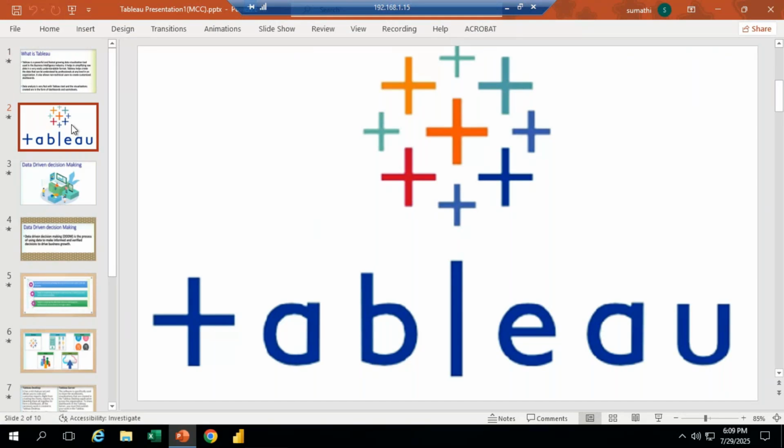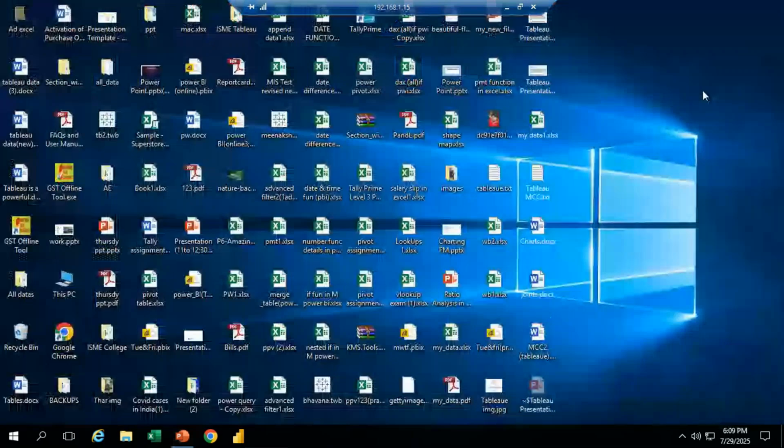We have one website, that website name is kaggle.com. Using that website, we can download the data set. We have different types of data sets we can download. I will show you how to download. If you want to work with Tableau for learning purposes, we can download the data set. Before downloading the data set, I want to say a little bit about